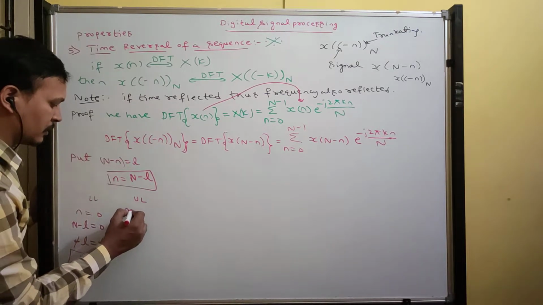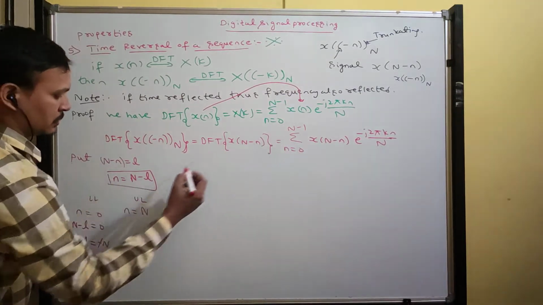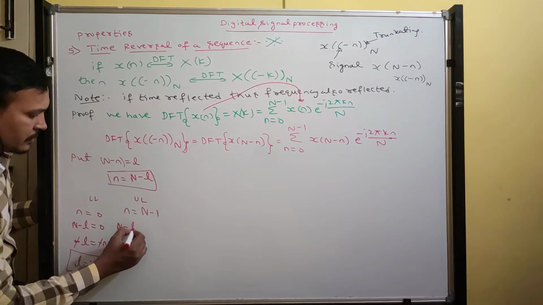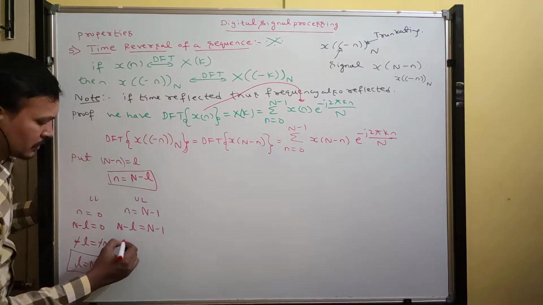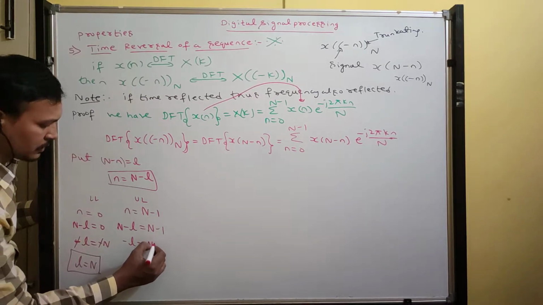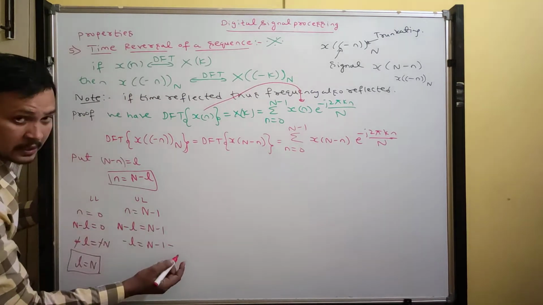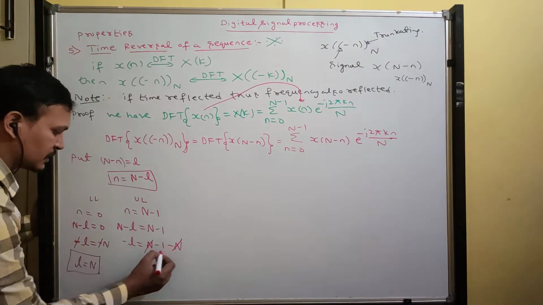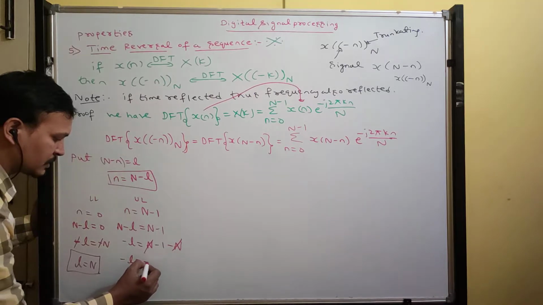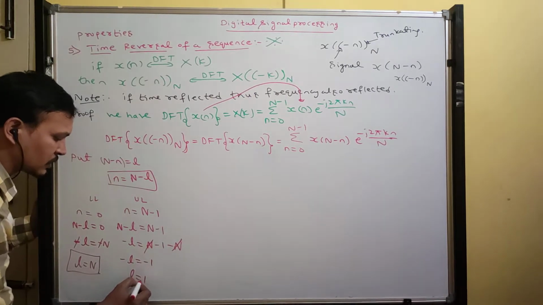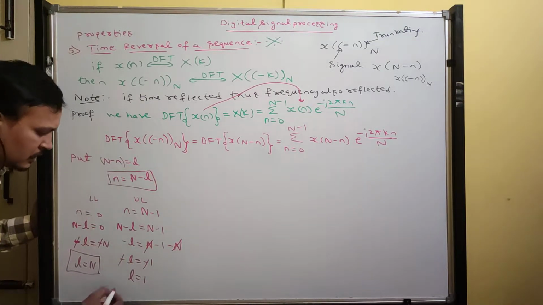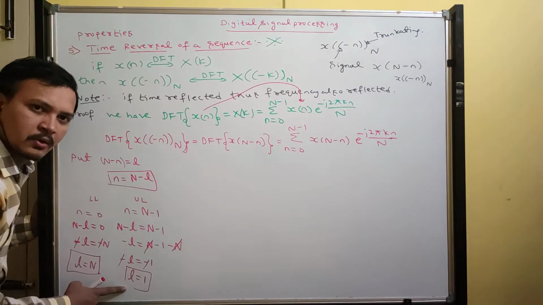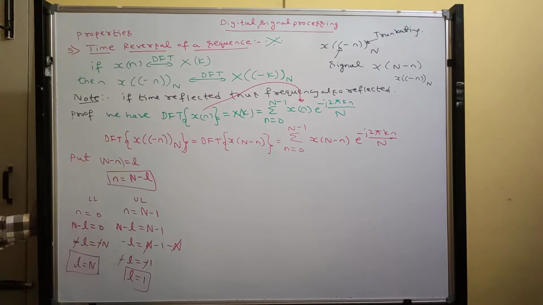What about the upper limit? n equals N minus 1. Put N minus L equal to N minus 1. Now minus L is equal to N minus 1 minus N. Take this N that side, it becomes minus N. So plus N minus N gets cancelled. Then we got minus L is equal to minus 1. Therefore L is equal to 1. Minus gets cancelled. So lower limit is N and upper limit is 1. So the limits are modified like that.